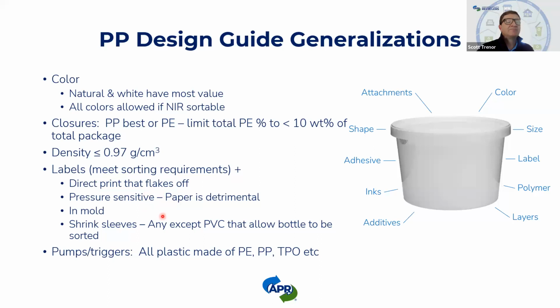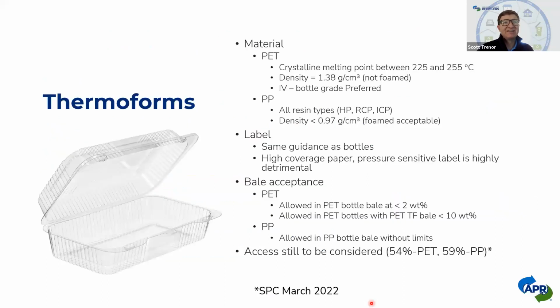Same label guidance as with polyethylene. And again, please no PVC labels. And then all plastic pumps and triggers. And then finally, maybe for thermoforms, and this one combines both polypropylene and